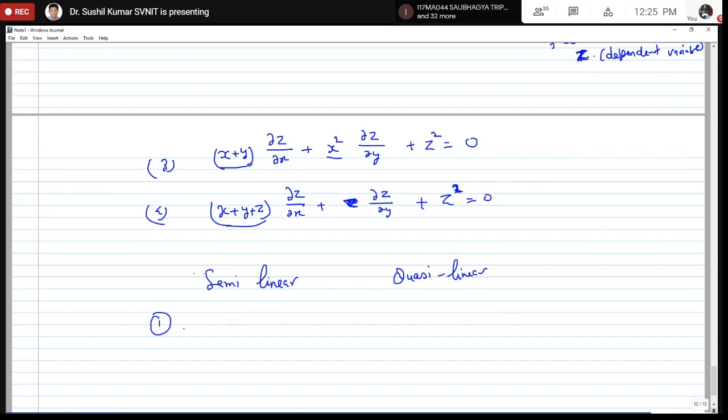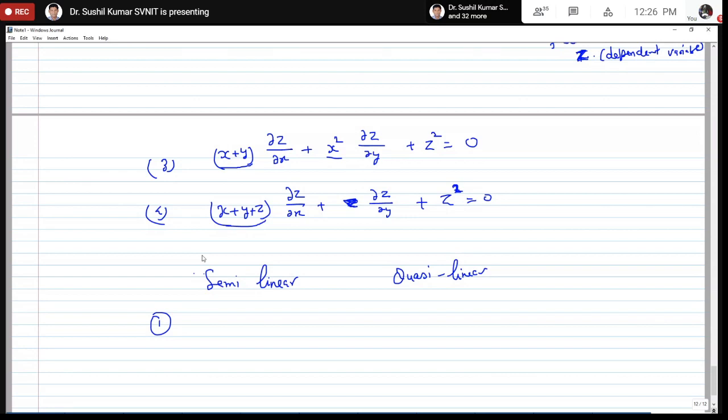Derivative terms are, see, in a differential equation of order 1, so there will be only 2 terms of order 1. Z is the dependent variable, x and y are independent variables, then we have del z over del x and del z over del y. So we have only 2 terms of order 1. But in case of a differential equation of order 2, there will be 3 terms of order 2: del 2z over del x square, del 2z over del y square, and del 2z over del x del y.